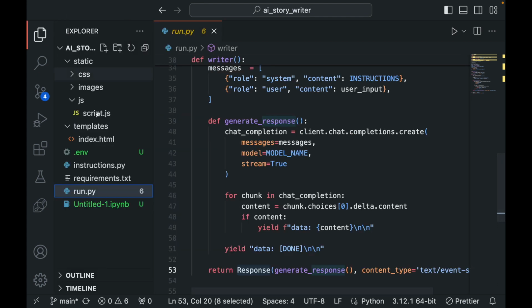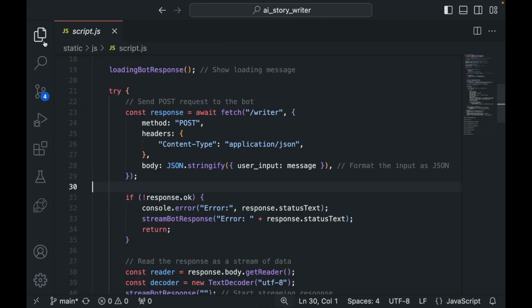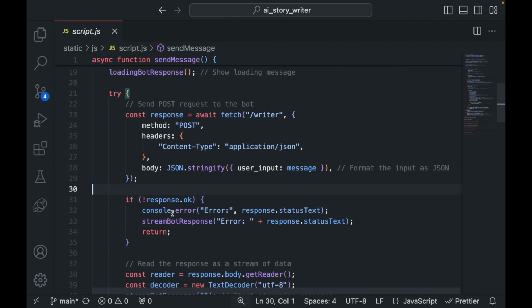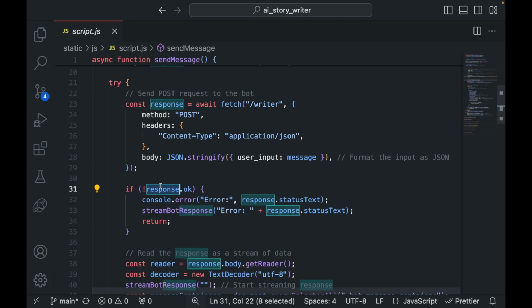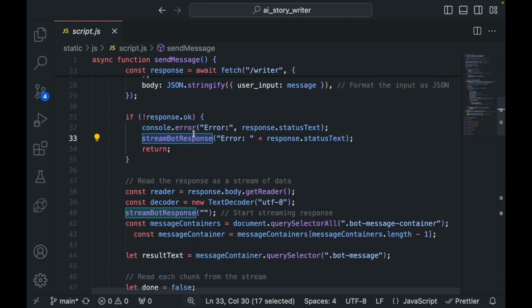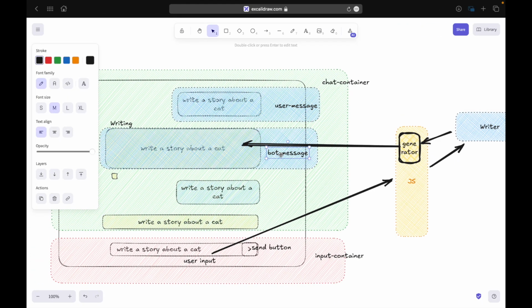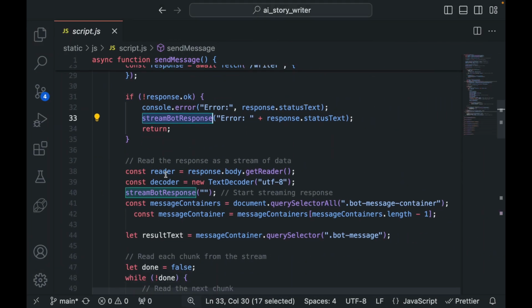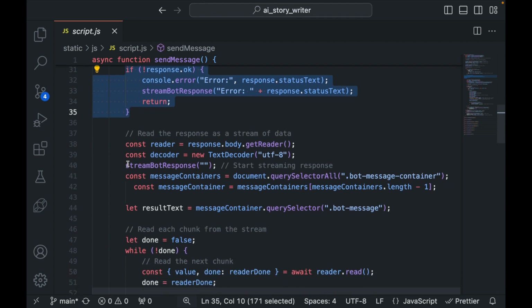Okay, if I go back to my JavaScript, if the response is not okay, then I'll get an error message. I'm printing that error message, and I'm displaying that same error message using this stream bot function. This stream bot response will create this bot message. But if it is not okay, then I'll print the error message, but if it is okay, then I'll do